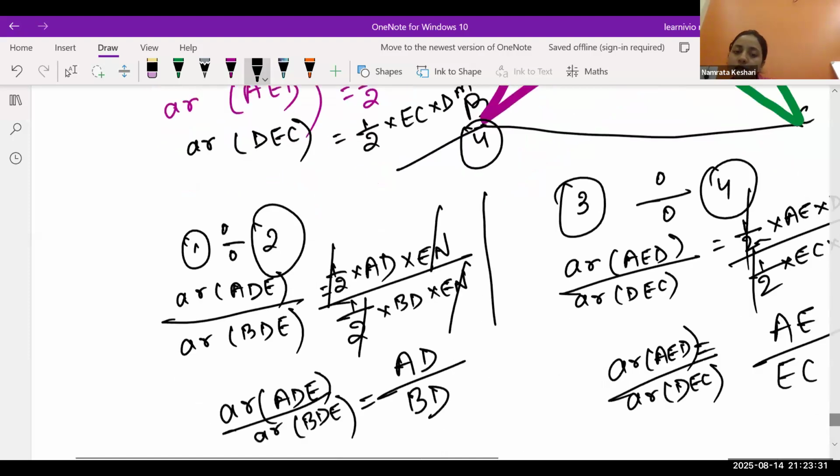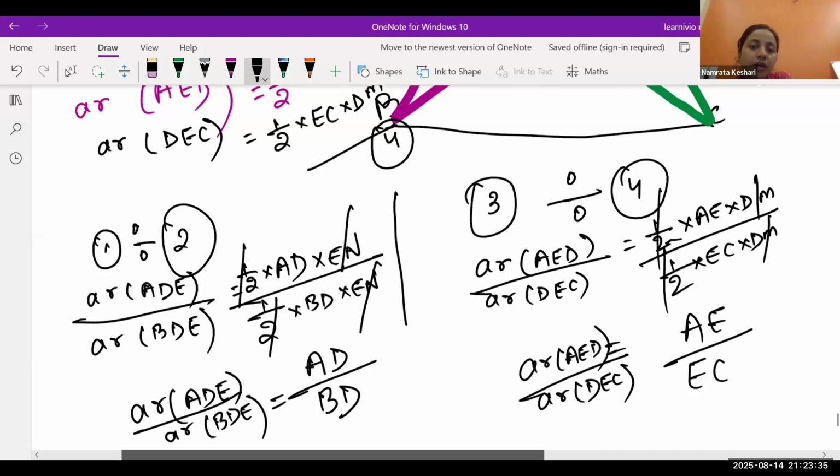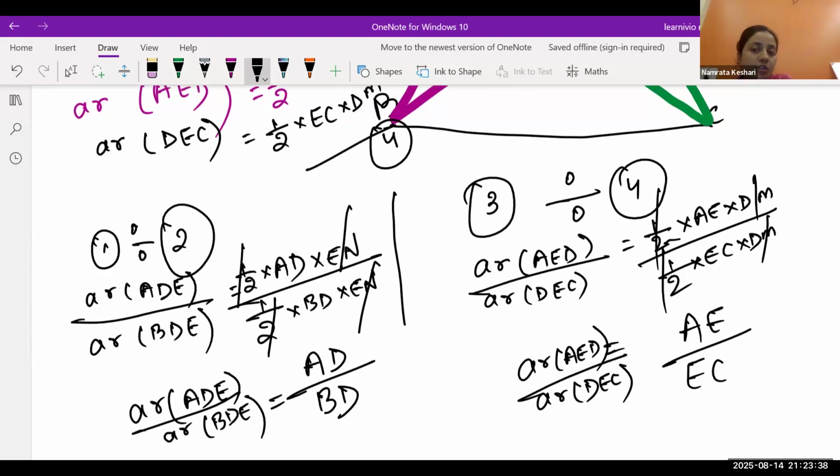We are almost done. Just one more concept and we will be done. But I want you to do this much by yourself and check it. Are you able to do it till here by yourself? Starting from making the triangle, doing the construction, writing what you have to prove, and then writing the 4 areas and then doing the division. Are you able to do this much? Then I'm going to tell you how to write the final step, because there also one concept we need to